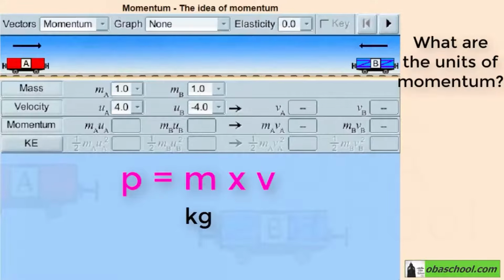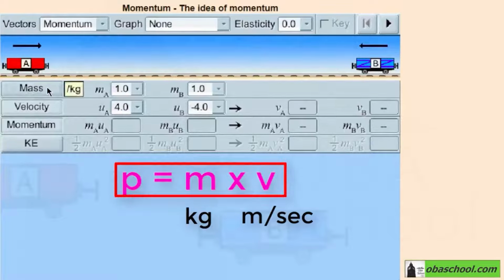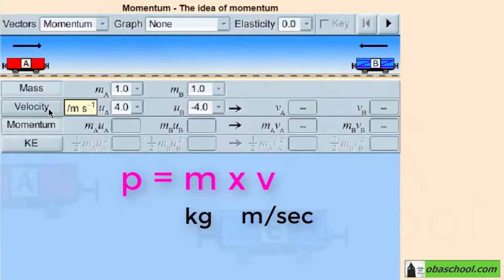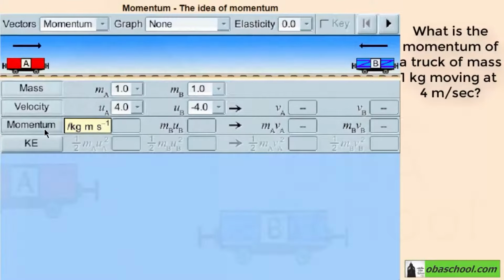Great! Since the mass is in kilograms and the velocity is in meters per second, and since the momentum is the mass multiplied by the velocity, then its unit is kilograms meter per second. What is the momentum of a truck of a mass 1 kilogram moving at 4 meters per second? Speaking of the case of truck A,